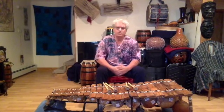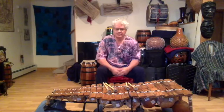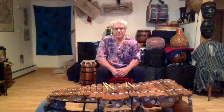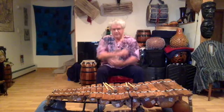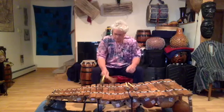Jerry Leak with another idea presented on the Balafon, which can be adapted to any instrument: marimba, vibraphone, drums, piano. The sky's the limit. These are universal ideas, but they have a nice shape on the Balafon, there's no doubt. The last study, part 1 and 2, we looked at 3-3-2,